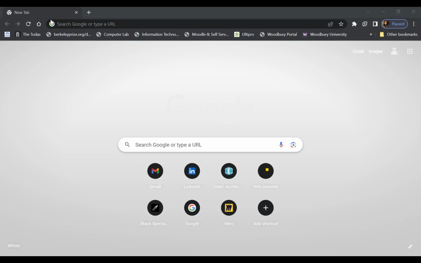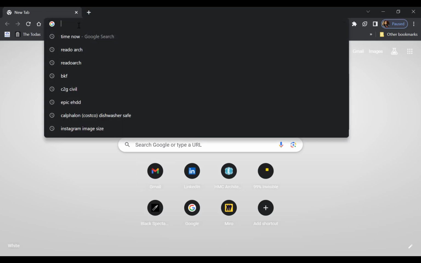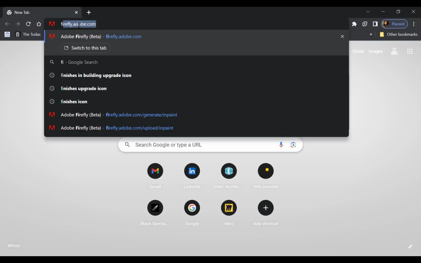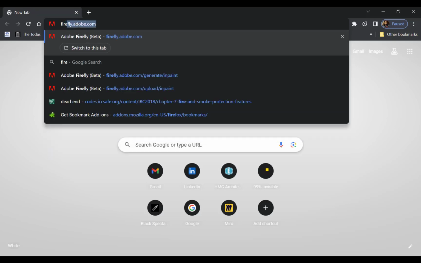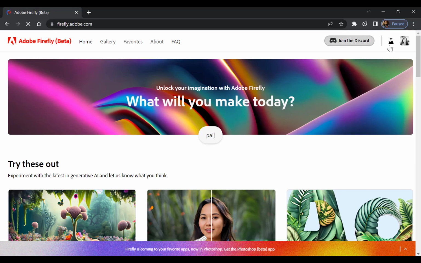Hello everyone, in today's video we'll be looking at Firefly. It's a new Adobe plugin for AI image generation. So to open Firefly, you go to firefly.adobe.com and you need to sign in